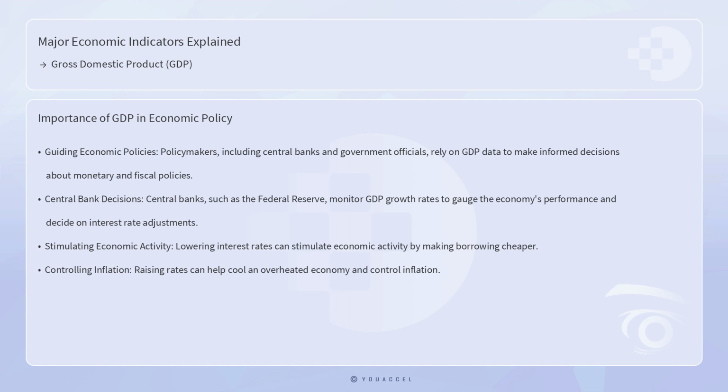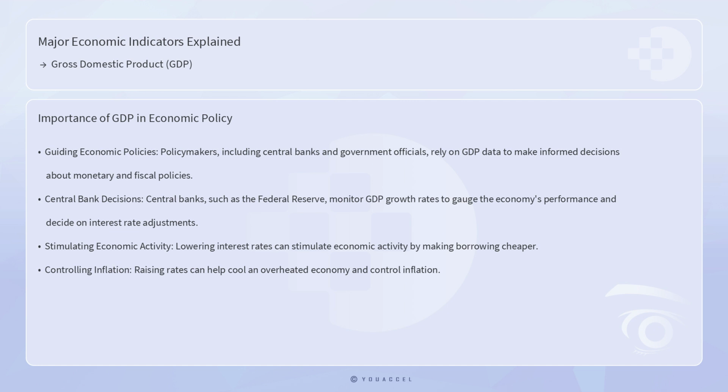Policymakers, including central banks and government officials, rely on GDP data to make informed decisions about monetary and fiscal policies. For instance, central banks, such as the Federal Reserve in the United States, monitor GDP growth rates to gauge the economy's performance and to decide on interest rate adjustments. Lowering interest rates can stimulate economic activity by making borrowing cheaper, while raising rates can help cool an overheated economy